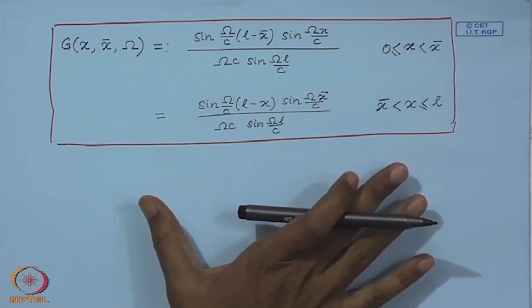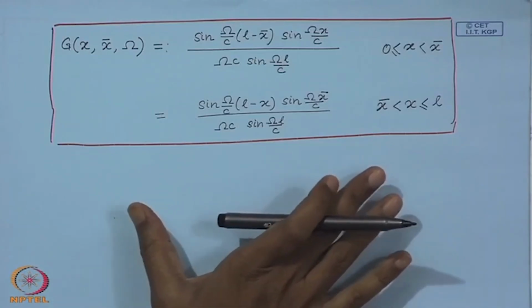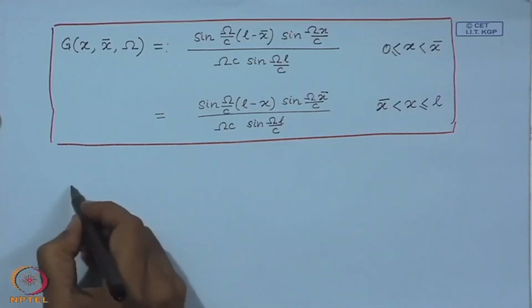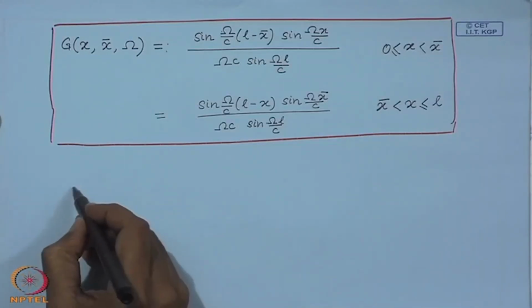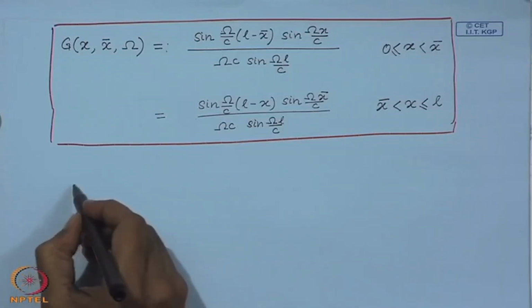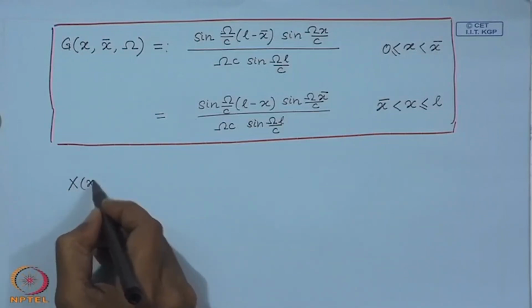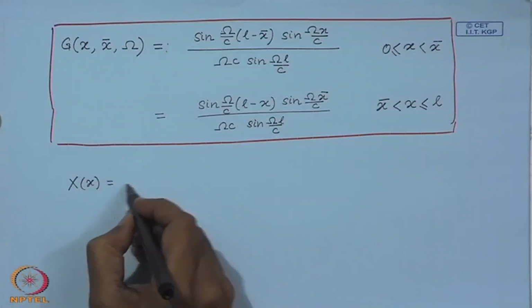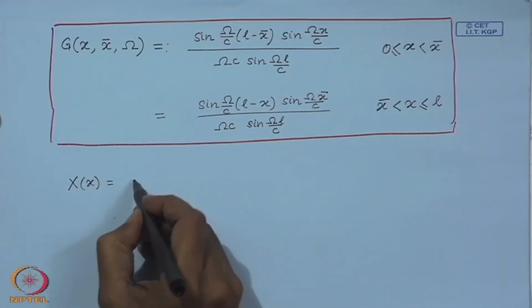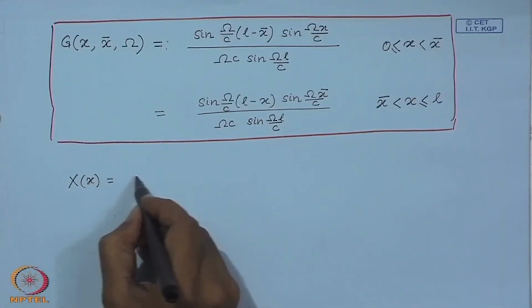Once we have this Green's function, then corresponding to any force distribution capital Q of x, we have seen that the amplitude function of the particular solution can be written as